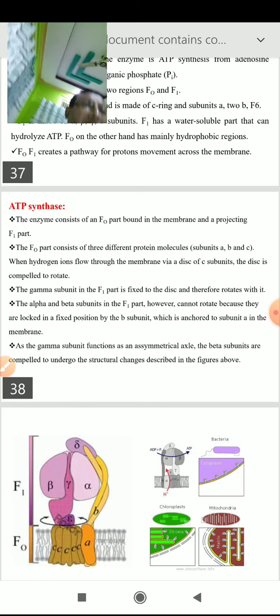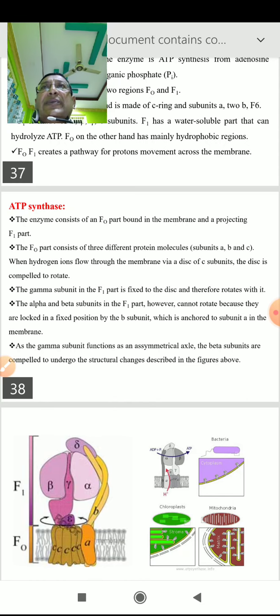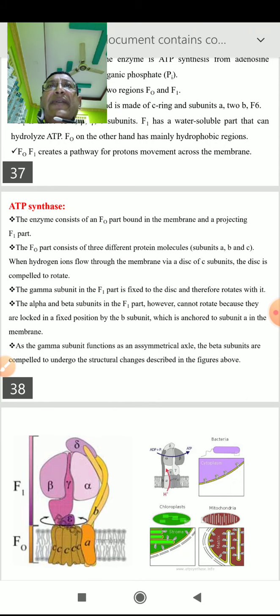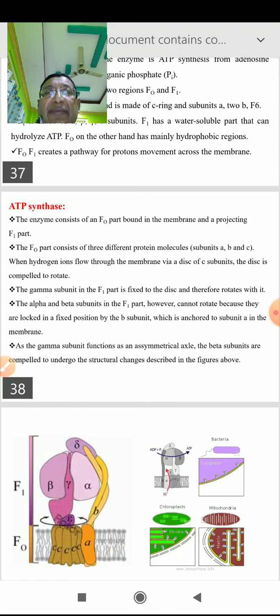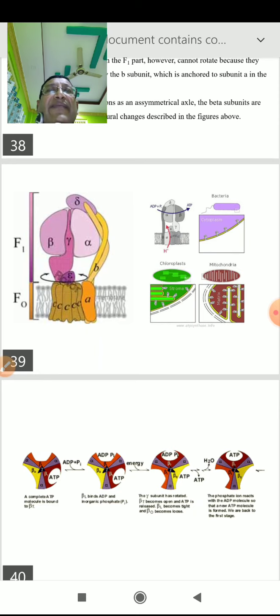The gamma subunit in the F1 part is fixed to the disc and therefore rotates with it. The alpha and the beta subunit in the F1 part, however, cannot rotate because they are locked in a fixed position by the B subunit, which is anchored to a subunit in the membrane. As the gamma subunit functions in an asymmetrical axle, the beta subunits are compelled to undergo the structural changes described in the figure above. So in my next slide, I am showing another fine structure of the F1 particle,